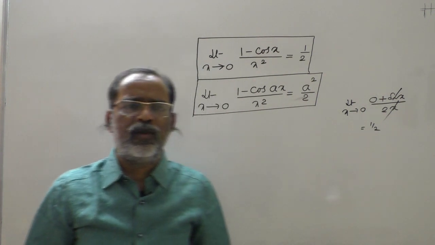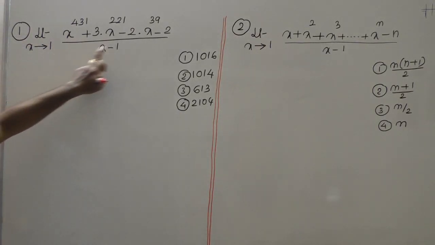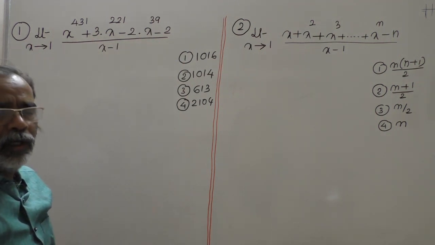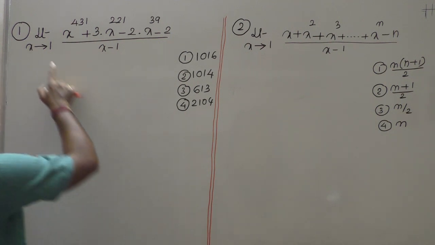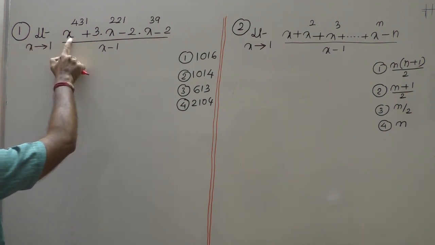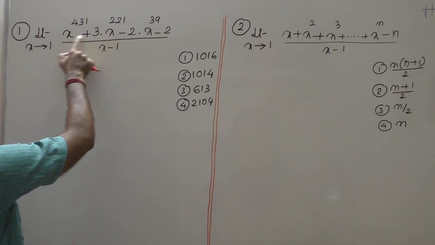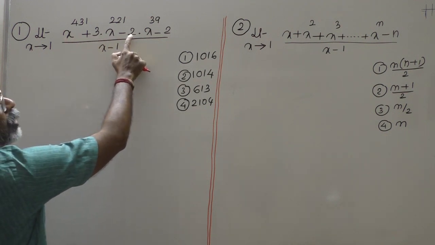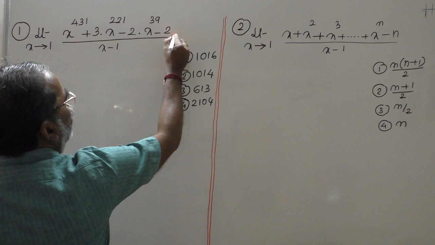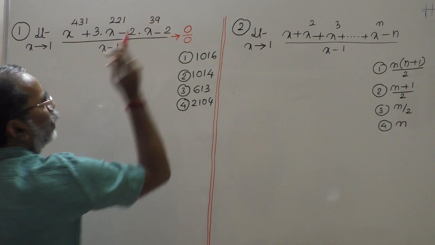Let us begin. Let us do some problems. Let us see the first question. Here a problem is given: limit as x tends to 1 of this expression. For every problem you must substitute the limit, then only you will get a clear picture. If x is tending to 1, I should write 1. 1 power something finite is 1. 1 into 1 is 1, plus 3 is 4. Here minus 2 into 1 is minus 2. Totally 4 minus 4, the numerator is 0. What about the denominator? 0. So 0 by 0.